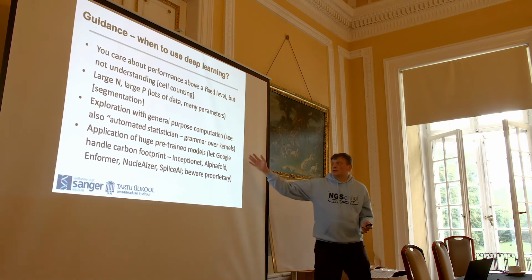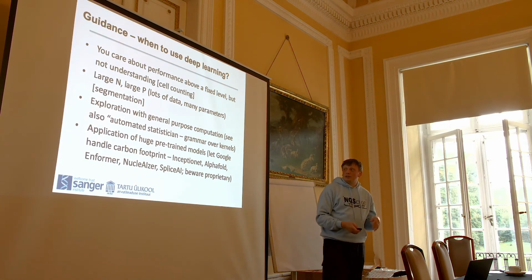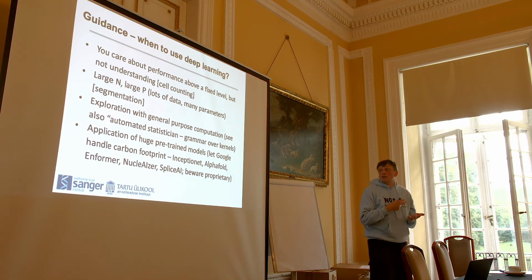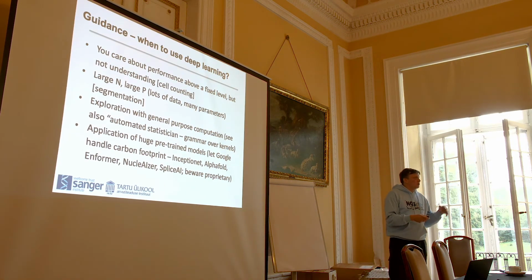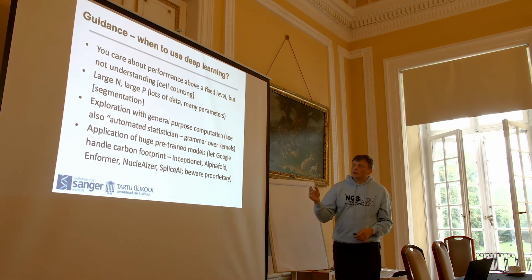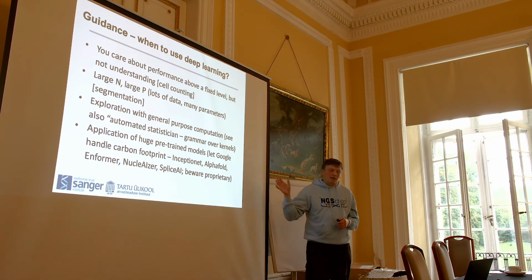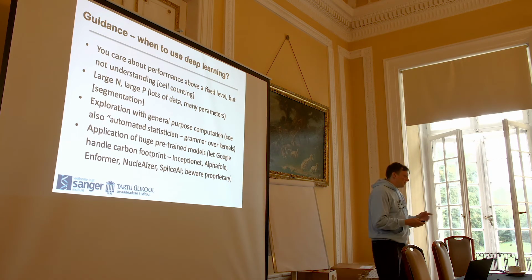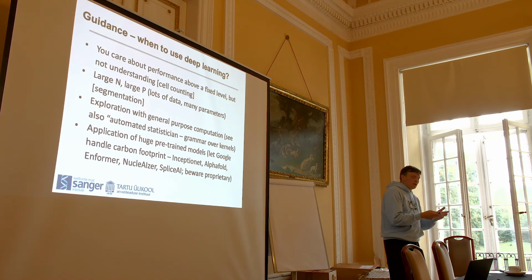And I like that Google is doing all the carbon footprint and training: InceptionNet, AlphaFold, Informer, Localizer. So I say, you can all download them, you can all apply them. I don't know about Informer. But that's where the problem is also, that some of them are becoming proprietary. Google has spent a lot of time on AlphaFold, so they release maybe the predictions of the entire proteome, but they don't necessarily release the model, so you can't predict, for example, which molecules will bind particular proteins so you can find a drug against them. So there's both a good and a bad side, but definitely it's overall net positive that there are more pre-trained models that are publicly available that you can play with.